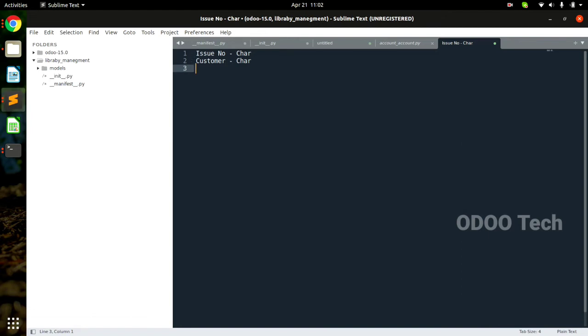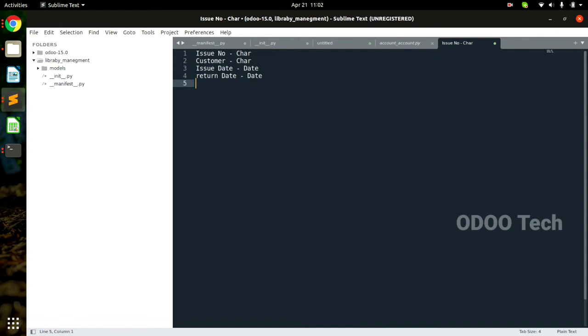Again customer also came. After that what are we going to do? We're going to write the issue date, when he or she is issuing the book. Now in the library it always shows the date only. Okay, so we make the data type a date, not the date time. We can make the date time also, but in general we're going to use date. Now issue is coming, so return is also coming. So return date, which is also the date.